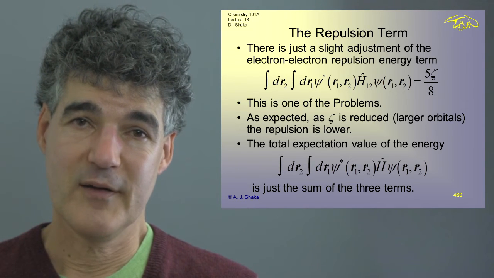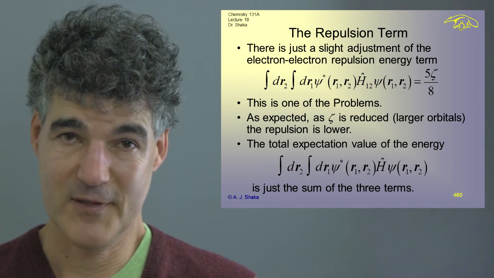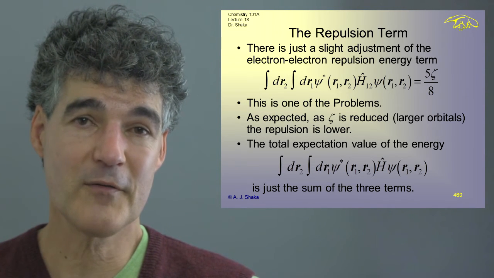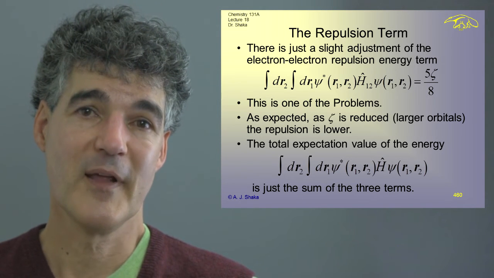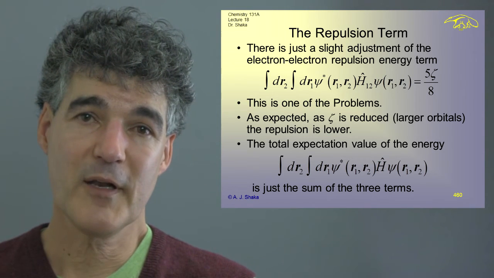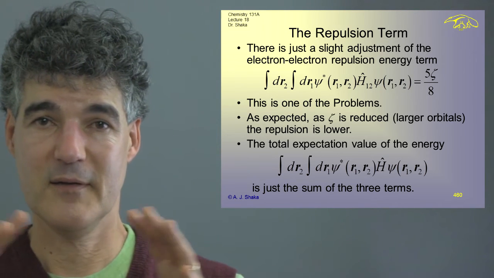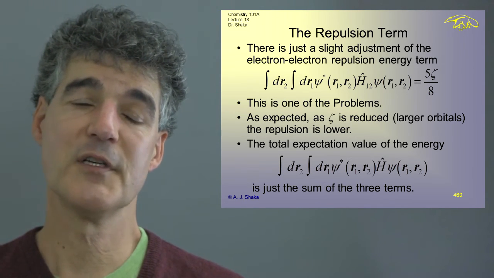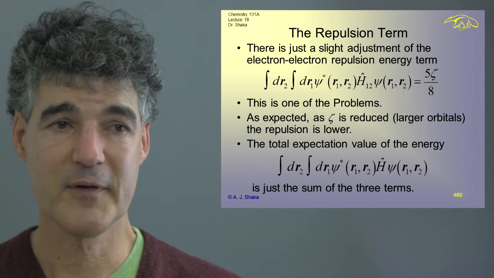Now, whenever you get something, you should check whether it makes sense. Sometimes things don't seem to make sense, like the electron going through both slits, but in that case you keep doing the experiment over and over. In this case, you should expect the calculation to tell you that the thing got bigger. And when we look at this formula, 5 zeta over 8, if zeta is reduced, the thing gets larger, then the repulsion is lower. And that makes sense. That's exactly what we expect to happen.